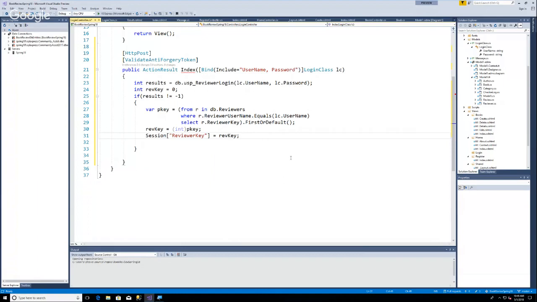The other option is to put it on a cookie on their machine. All right, and you could do that, but we're going to do the review, the session key. So we're doing this because later we want to know if they're logged in or not. So one of the things that we can do is at the top of the page, we can test whether this session key is present. If the session key is not present, if this session isn't really present, then we throw them back to the